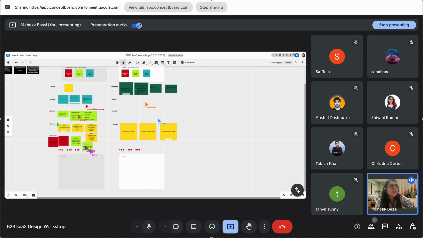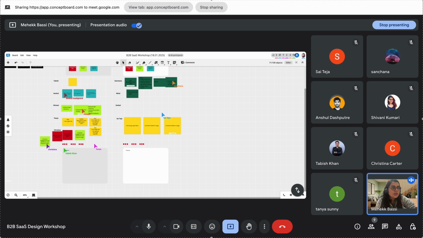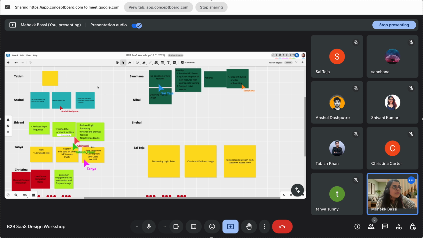Okay, so now the next part is you just read the notes that your other team members have also written, and now you group the notes that sound similar to you. So this is where we generate themes. So in themes we have multiple similar sounding ideas. So if I have to give you an example,